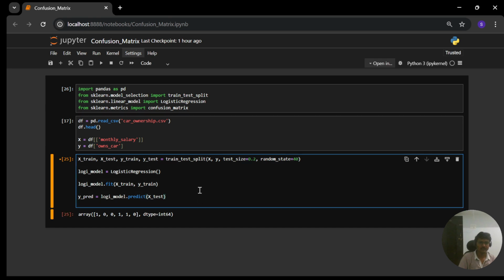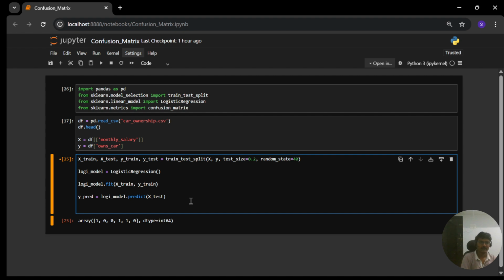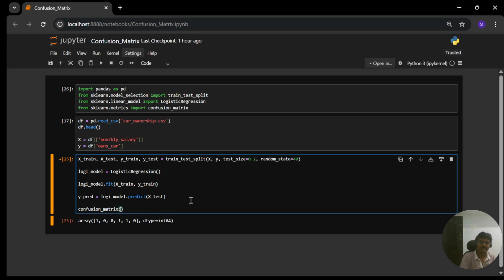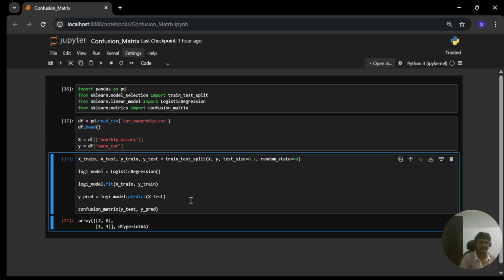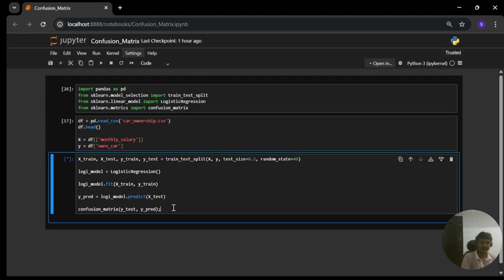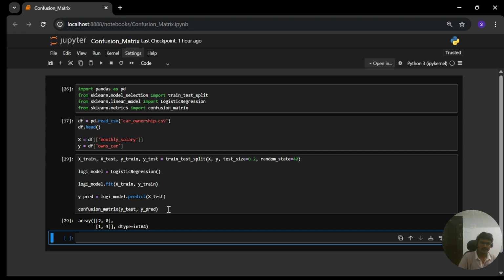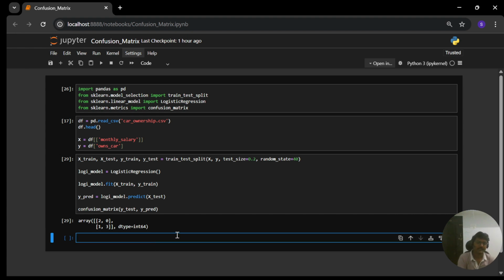Okay, now this confusion matrix, just like any other metric like MSE, will take two arguments, y test and y predicted. In return it will provide a 2D array. Before discussing what it actually is, let's plot it so it will be easier to understand. For plotting, let's use Seaborn,